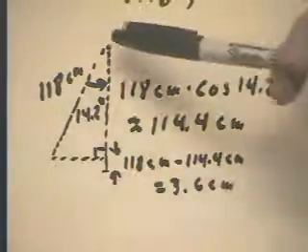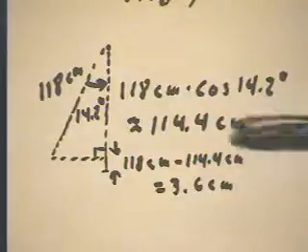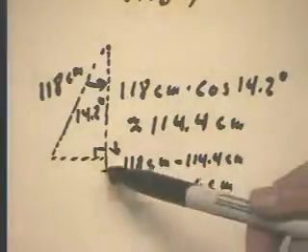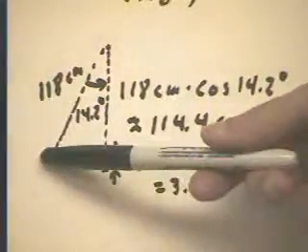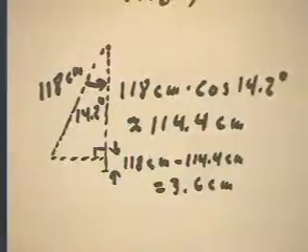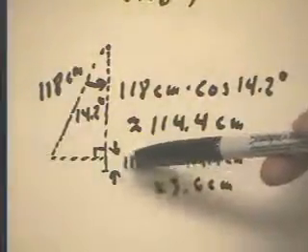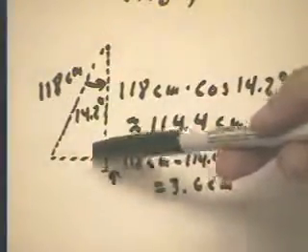From that, it follows that this side of the triangle should be about 114.4 centimeters, and that this small distance here, which is how much higher the pendulum is at this point than it is at this point, this tiny little distance in here should be 118 centimeters, the whole distance, minus the 114.4 centimeters down to here,